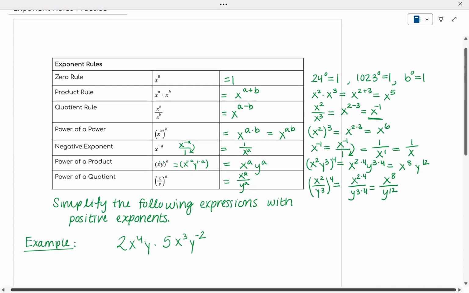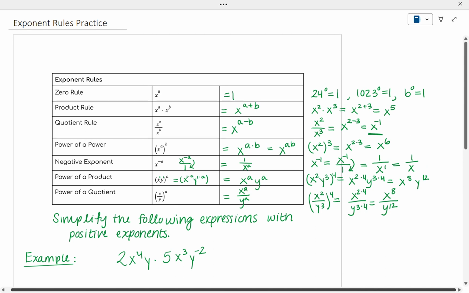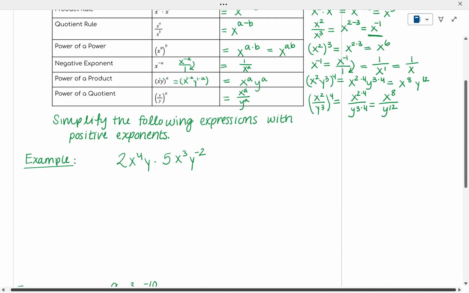All right, so these are our exponent rules, and knowing these rules helps us simplify and reduce expressions with exponents. And so, looking at a few examples, we're asked to simplify the following expressions with positive exponents. So usually when we're asked to simplify expressions with exponents, that means that we want the variable to only show